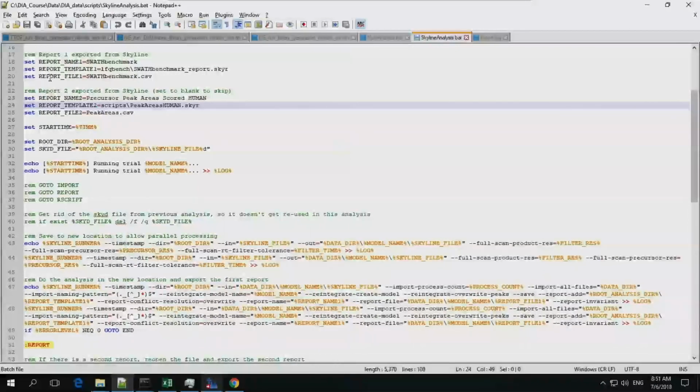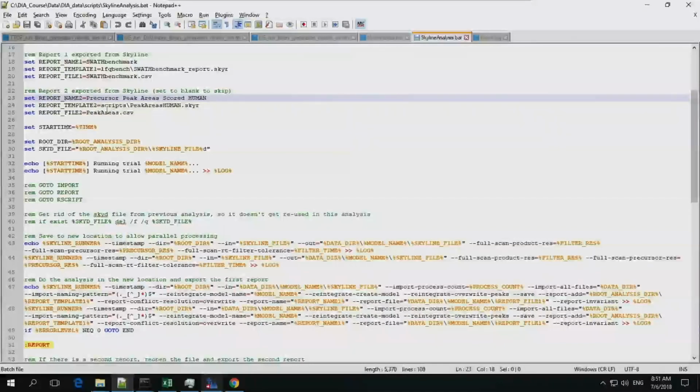So here they are specified again in these report 1 and report 2, and you can take this script and modify it and have it export your own reports. You can create your own report templates, and you can have it export 2 reports or just 1 report. If you wanted to just do 1 report, all you would have to do is get rid of that, and